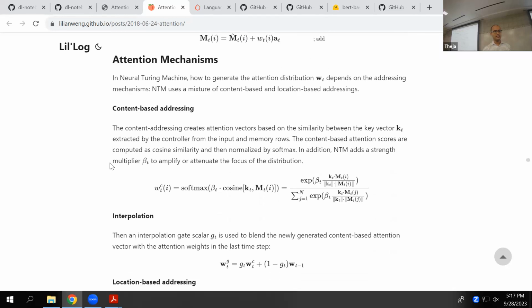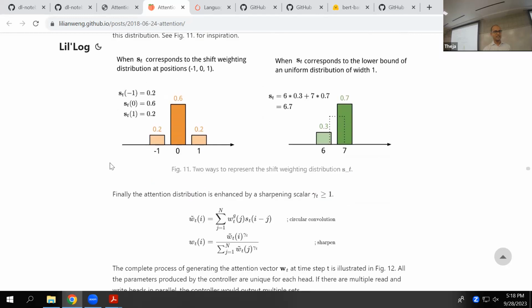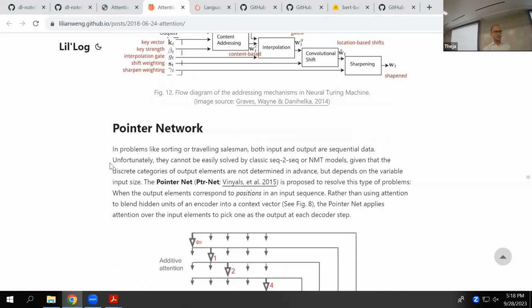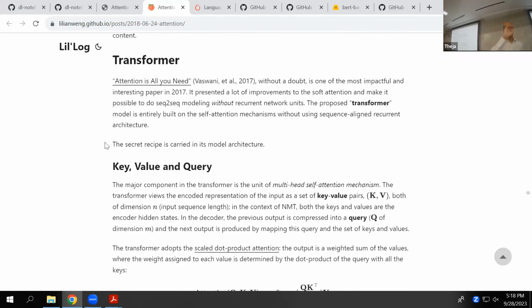Not into reading and writing. Not into content-based addressing. So let's actually go to the transformer directly. All the previous ones are extensions that I think are not being covered in the code anyway, but if you want to get a really good sense of how this whole thing evolved over time, you can. But after the encoder-decoder attention, we directly jumped to the transformer